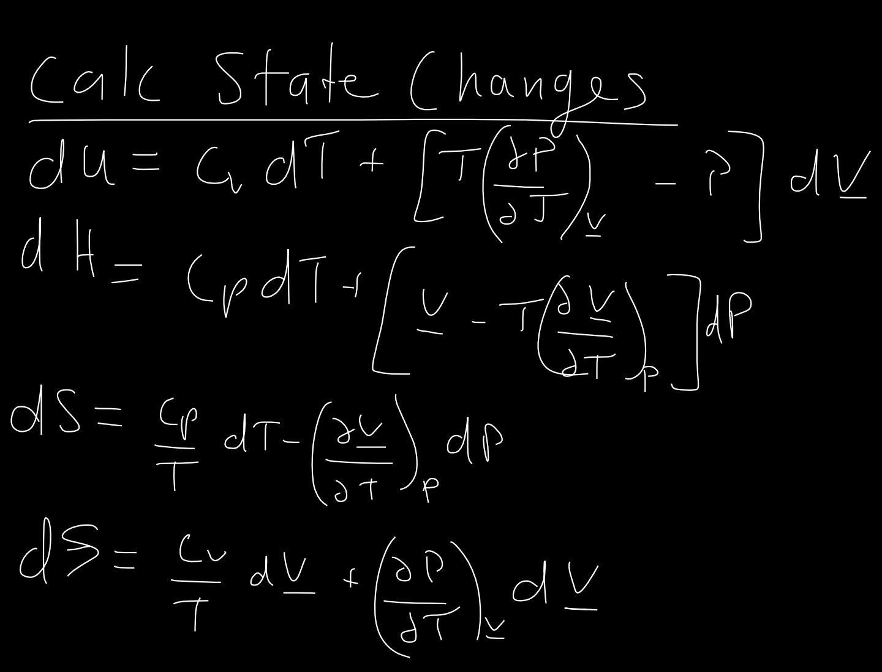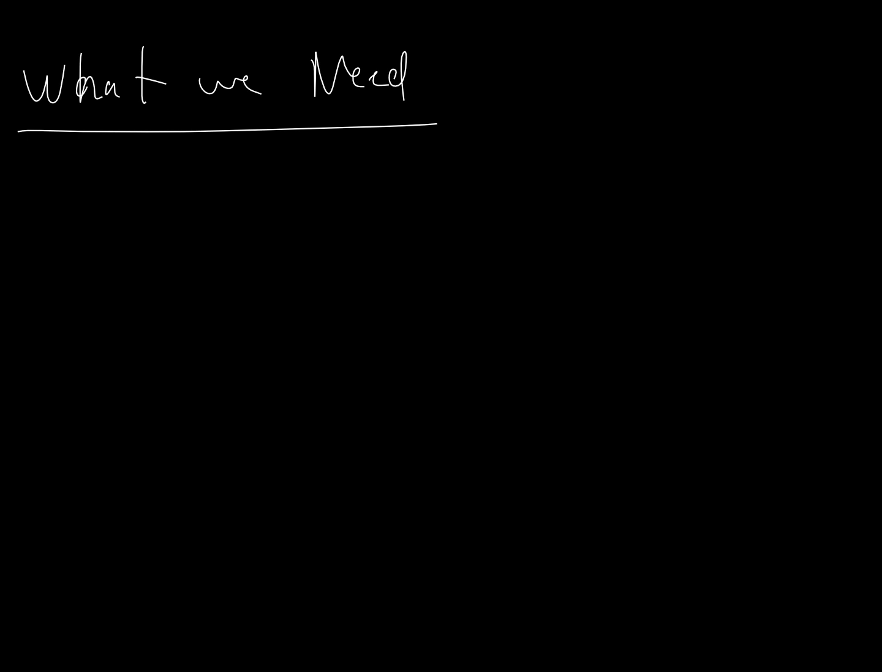So with these expressions here, we have ways that we can now calculate what is S, H, and U based on changes in temperature, pressure, and volume. That gives us a way that we can calculate everything that we need to know. So what we need in order to apply these equations are, what do we need? Well, we need C sub P or C sub V data,